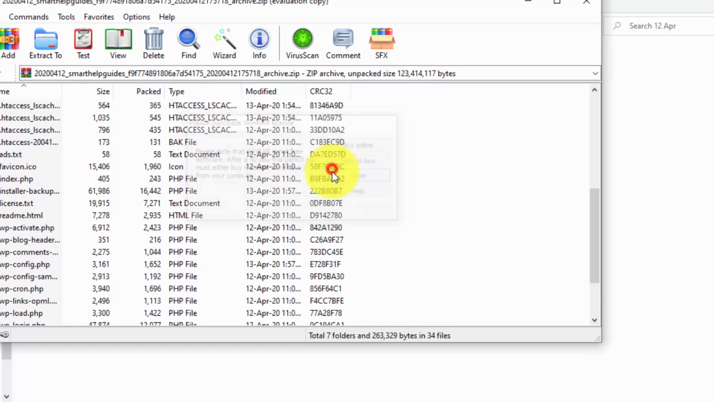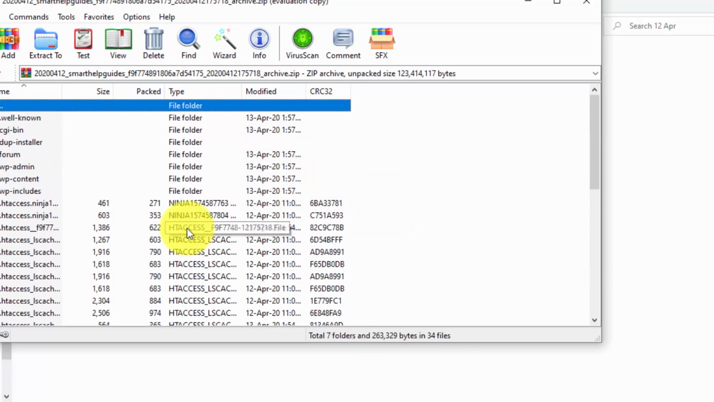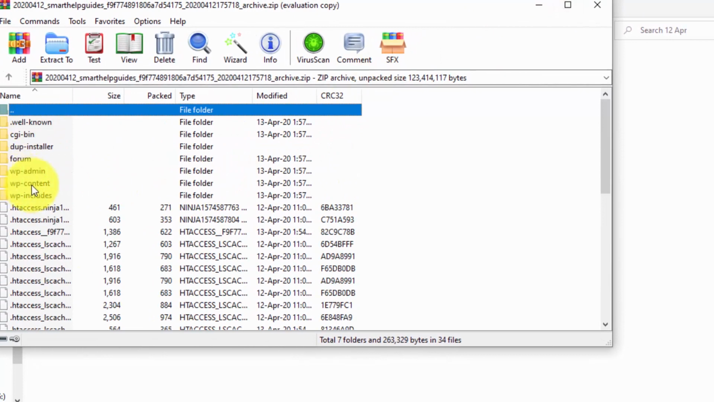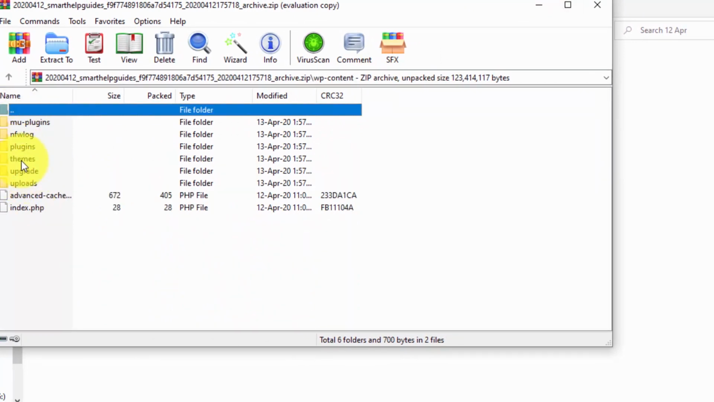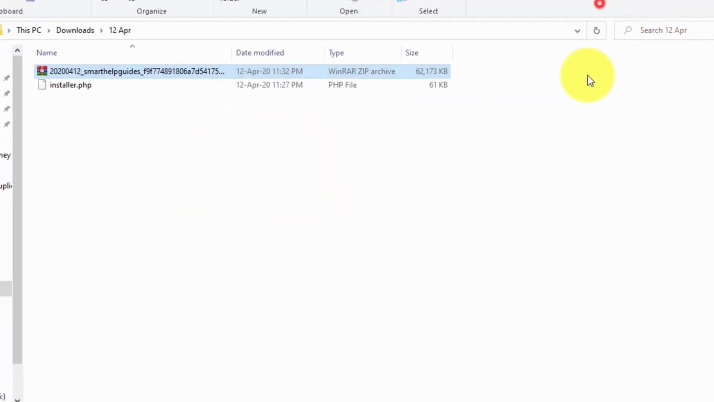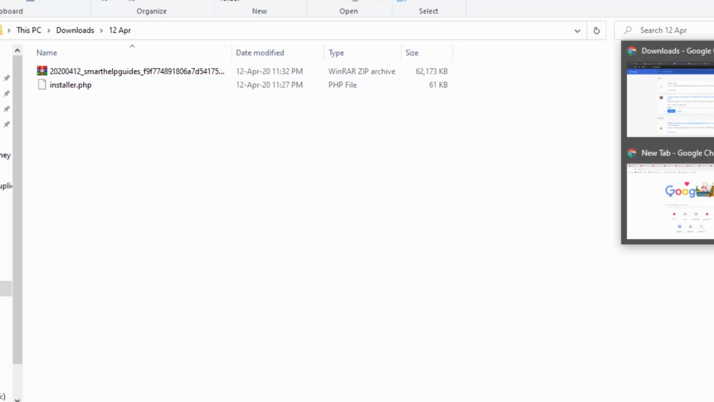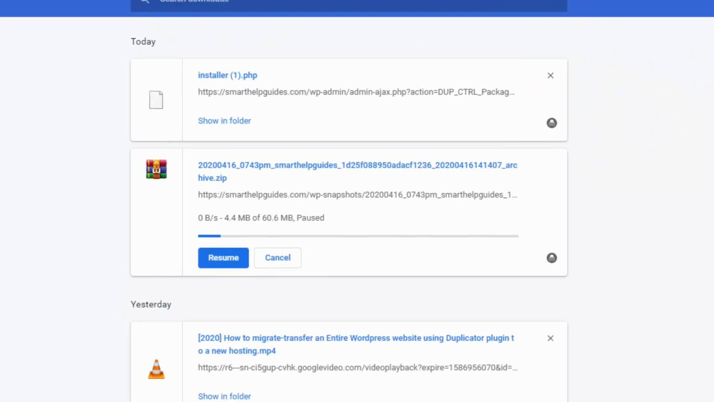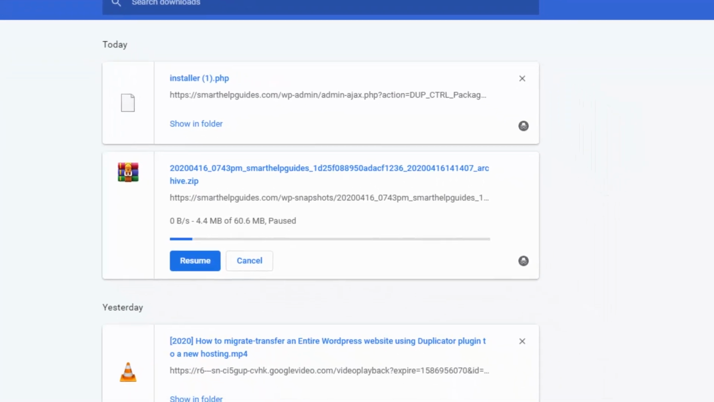You can use any zip file viewer and see. So this contains everything, and this contains all the data, everything. And this is the installer.php, and we will need this file to restore our website on the new domain. So this is the first part, and after getting the backup, what you have to do is